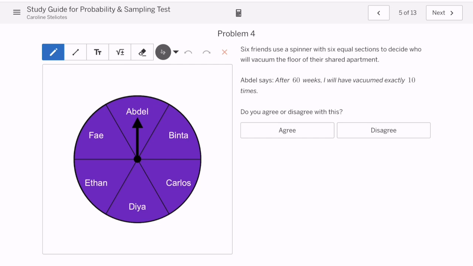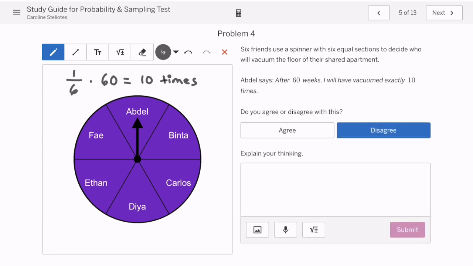Okay, so for Abdel, we have 6 sections, and he's going to get chosen 1/6 of the time. So what we could do is 1/6, and then we multiply by the 60 weeks, and we are going to get 10 times. Okay, however,